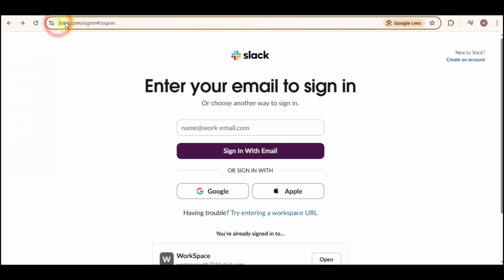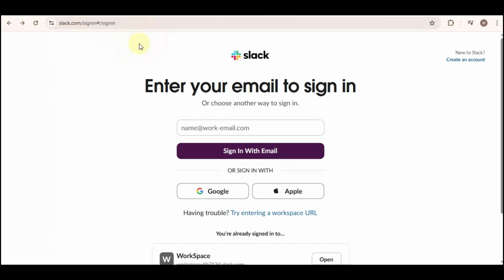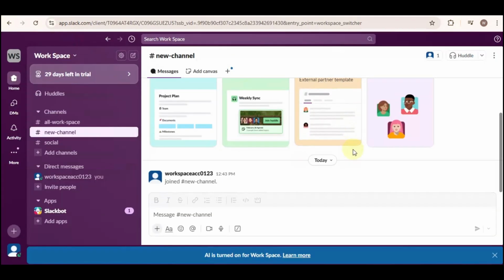First, go to slack.com and log in to an existing account or to a new account. To do that, type here if you have an existing account, then sign in with email, or sign in with Google or Apple. After that, once you're inside your workspace and main dashboard, go on the top left right here,